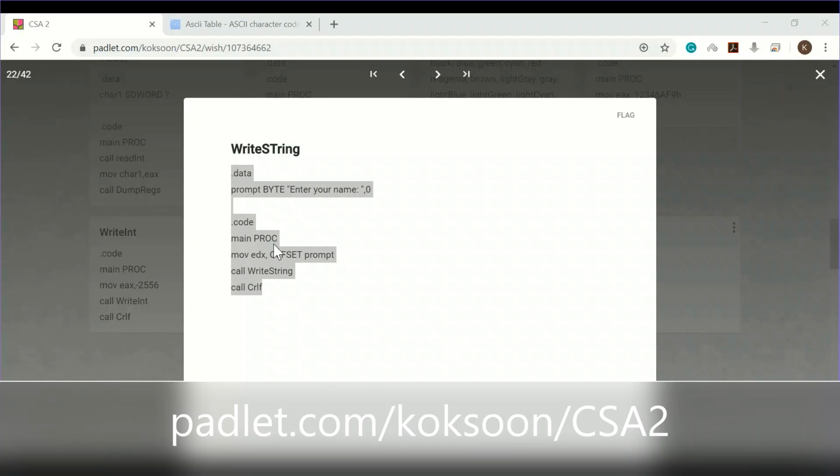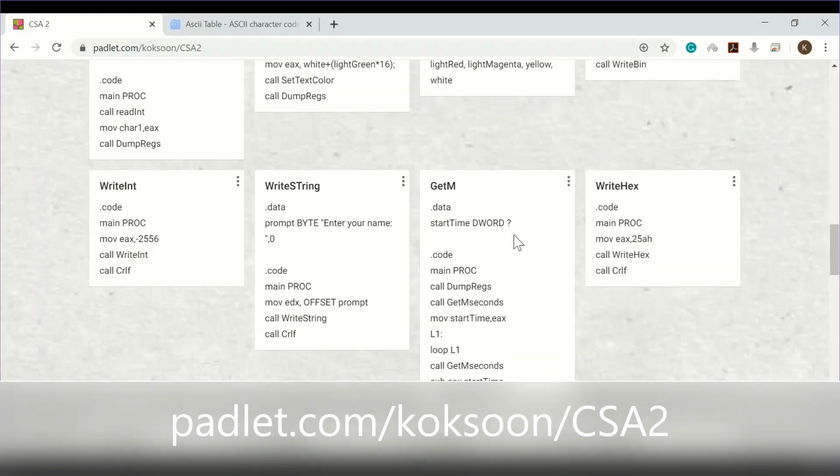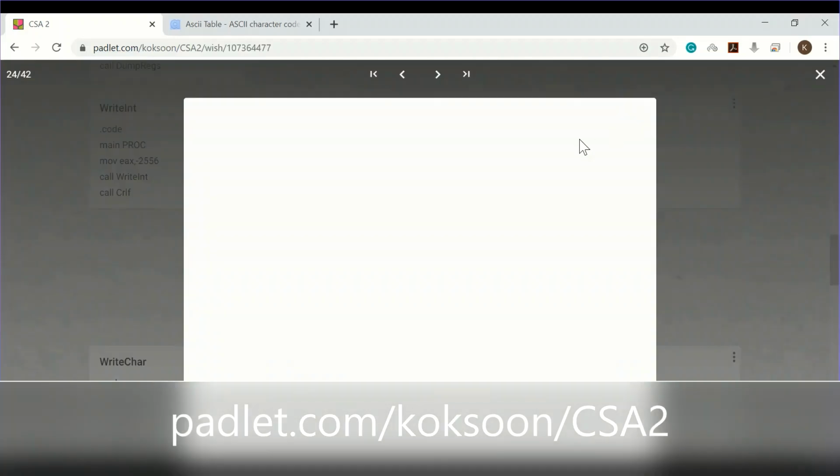Okay, then the next one we can go to write hexa. It will be the same as how you read hexa, how you read char also, right? Write hexa means you're writing the hexa output. So let's copy this one. Okay, copy this thing